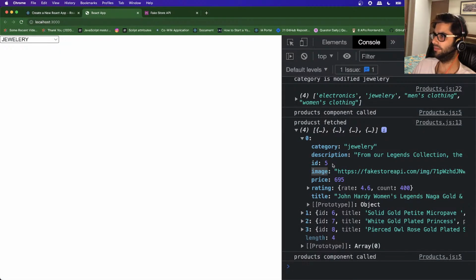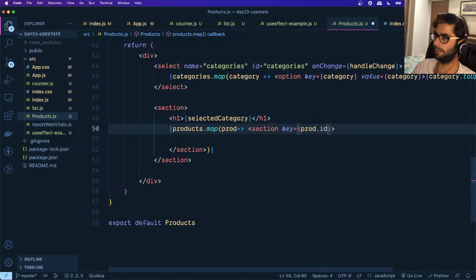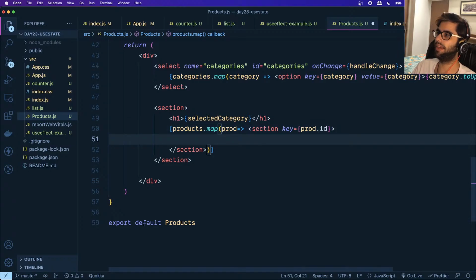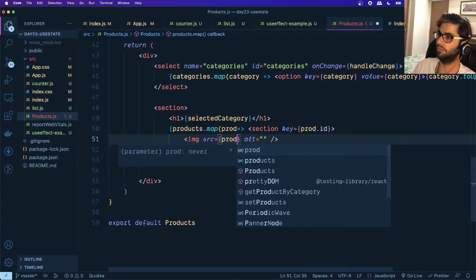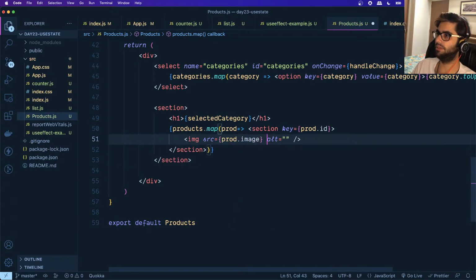So we have the id, and then we're interested in the title and the image. Okay, all right, and here we will display an image tag. We will give the source as prod.image, and the alt text for this is prod.title,